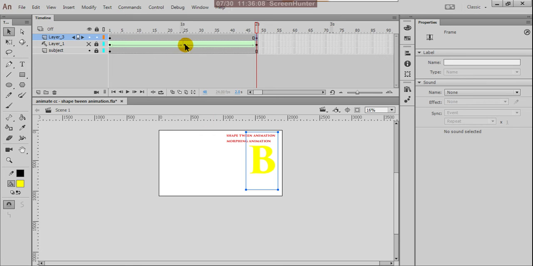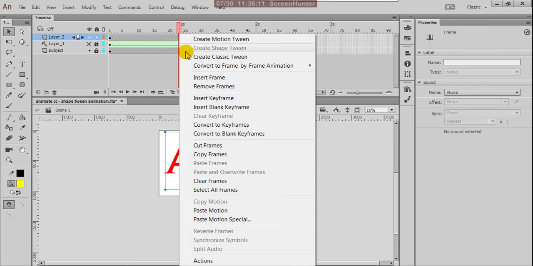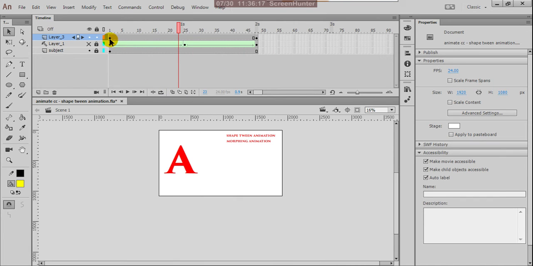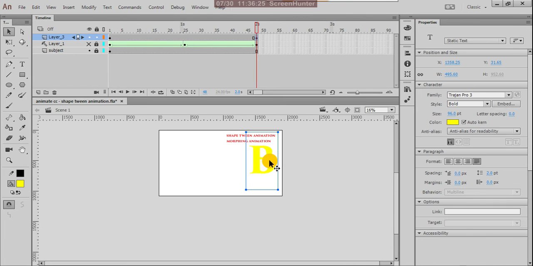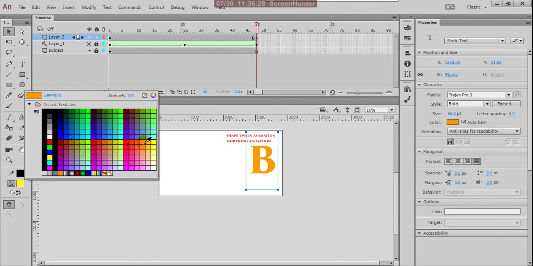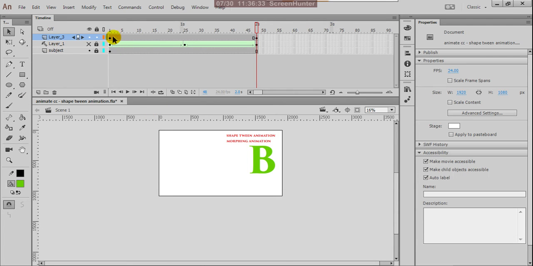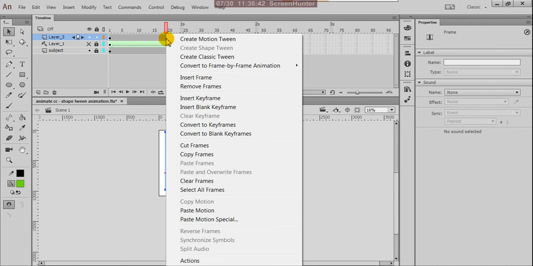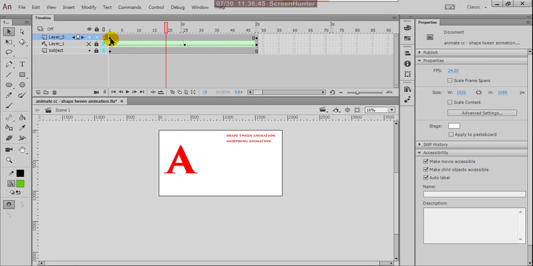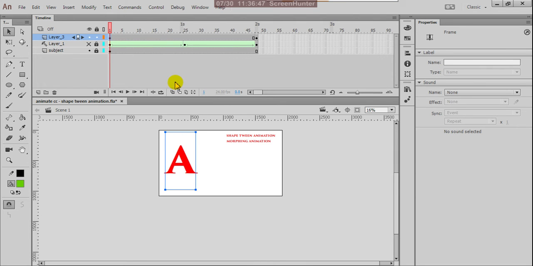Okay, now you see both texts are different. Here if you apply create shape tween, this is not available. The reason is the text itself is not a shape. So I don't like this yellow color, instead I'm giving white or something. Okay, so it is A red and B green. Between these two we want to create a shape tween, but because these texts are not shapes, what you do,